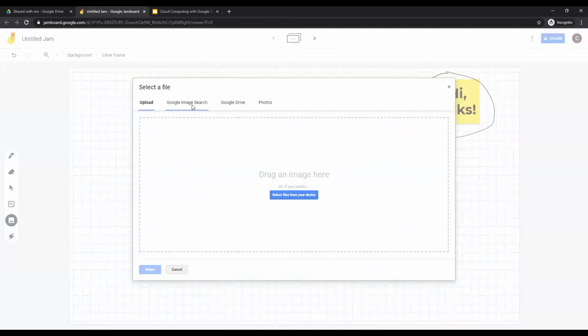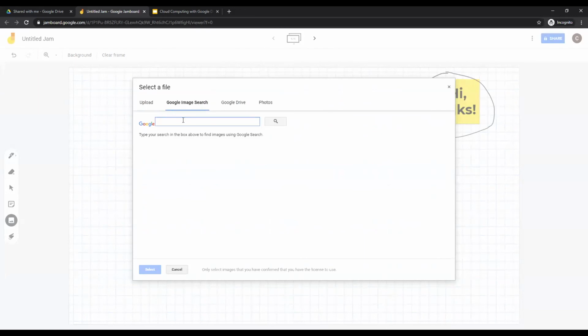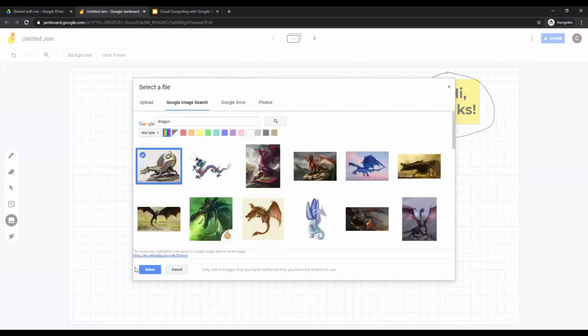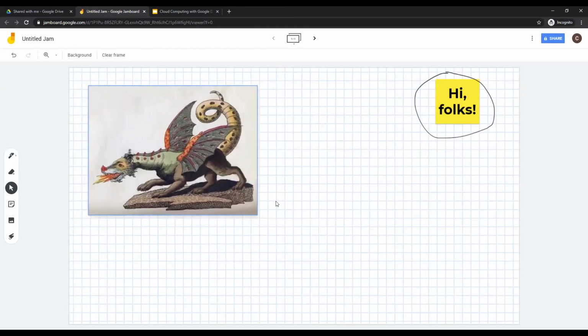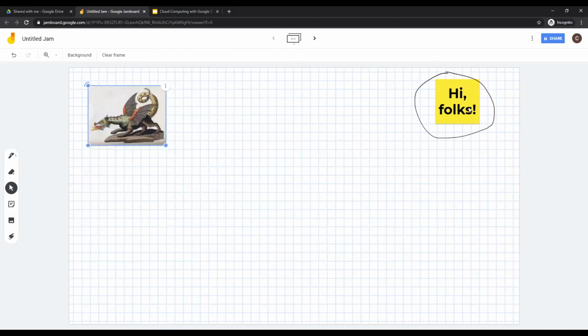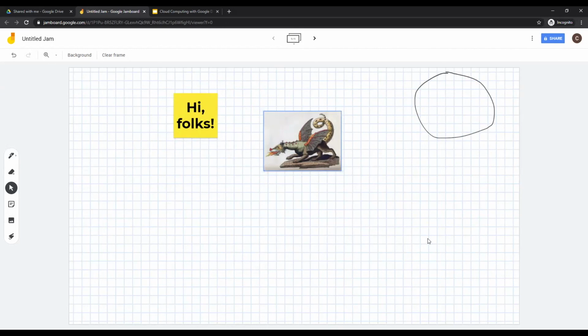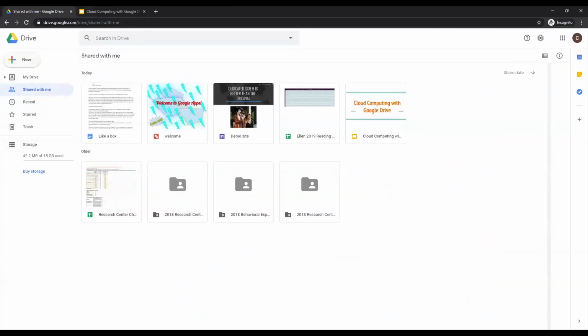pictures. So if I went into Google Images and just grabbed a dragon, this one, then it's very easy for me to arrange all of these things and just keep moving them around. So to create basically a vision board for what you're working on. If you're a vision board person, a visual person, these are great things to mess with. Another thing you can do